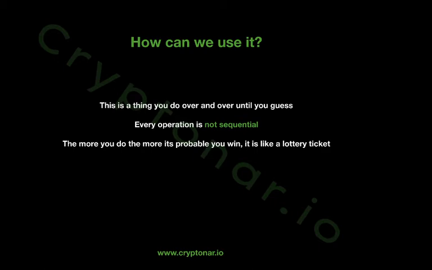It's like a lottery ticket. Even if you know the transactions that you want to validate, you need to throw these dice until you get the result you want, no? Until you get this amount of zeros. So this operation is not sequential. It's like throwing a dice, like we saw, and you need to repeat it a lot of times usually to win the ticket, in a way.